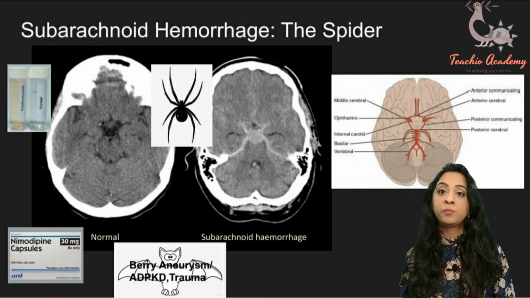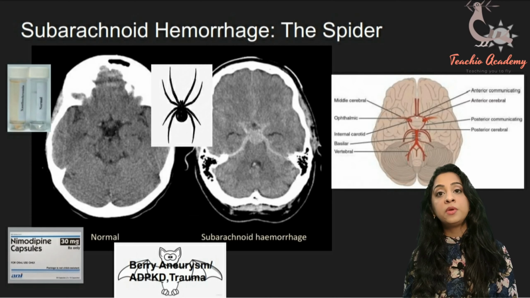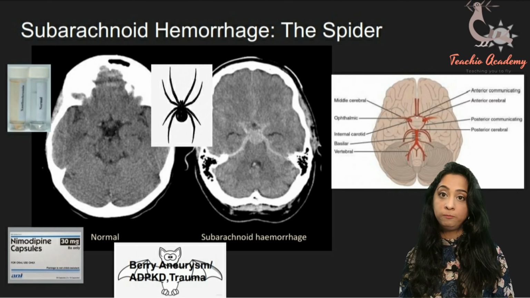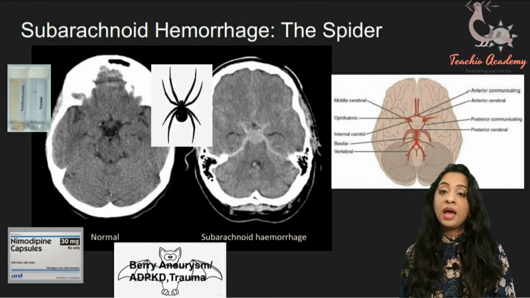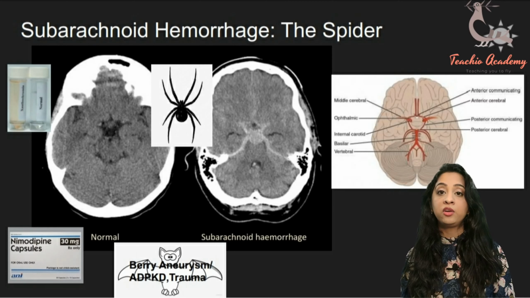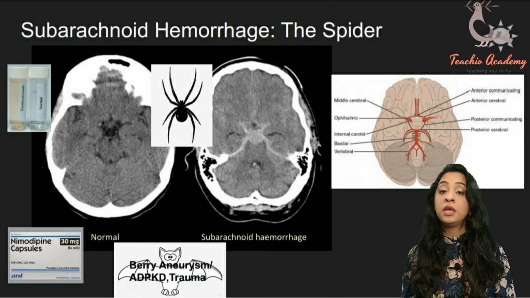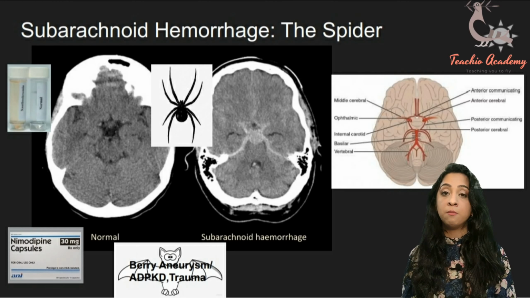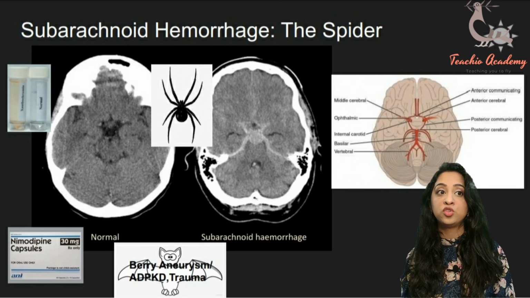How are you going to treat this patient? Because often they show you this image and ask you the treatment. So the treatment for anyone always starts with ABC. You concentrate on their airway, breathing and circulation. Because this is a bleed, and the way that the body responds to a bleed is by creating a spasm to stop the bleed. The spasm might actually be a little bit more harmful than the actual bleed. You prevent that vasospasm by giving them nimodipine, which is your classical calcium channel blocker.